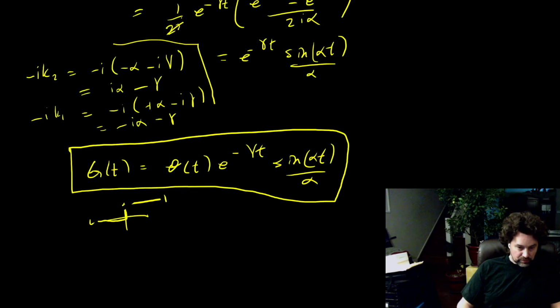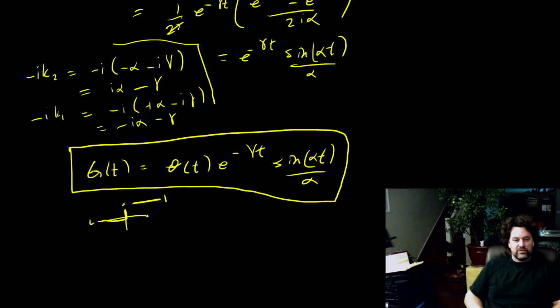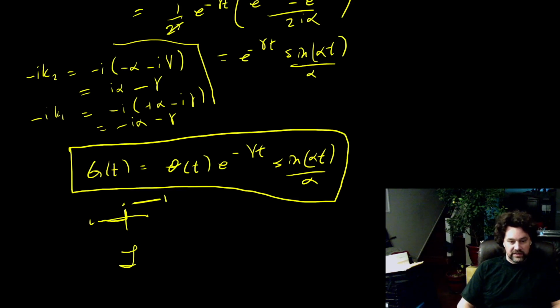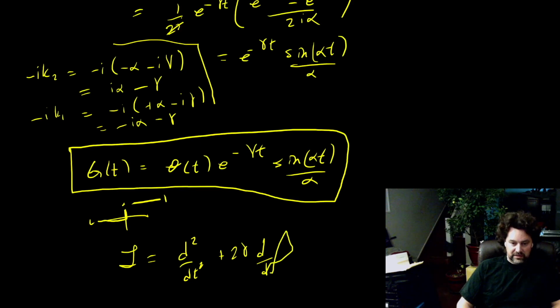So we now have our end desired result, and we want to also show that this satisfies the Green's function criteria, and so that if we had introduced a differential operator, the second derivative plus 2 gamma d dt,